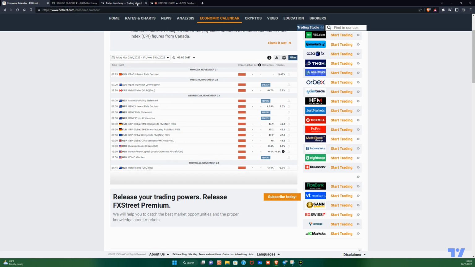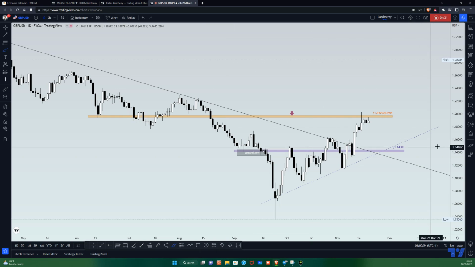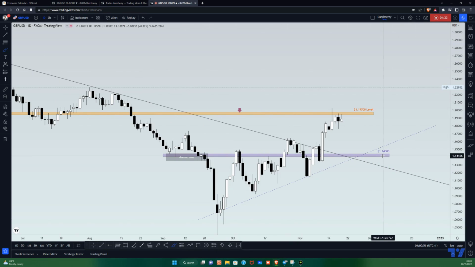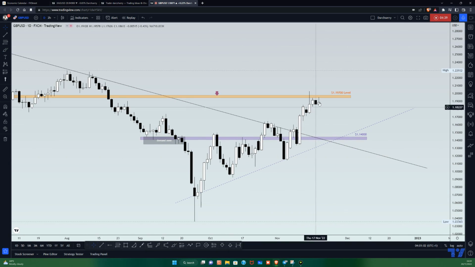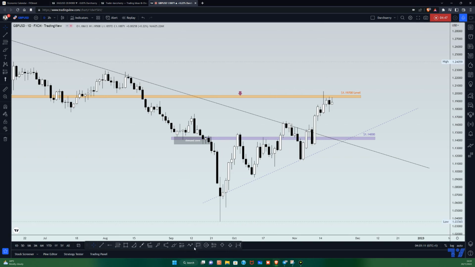So going back into the current structure here on the daily time frame, as we can see, we've been witnessing selling pressure throughout the course of last week's trading session right below the 1.1970 level. There are two possible scenarios that we might likely look forward to during the new week. One of the scenarios we are going to be expecting here is that a selling pressure around this area could evolve into a reversal pattern,